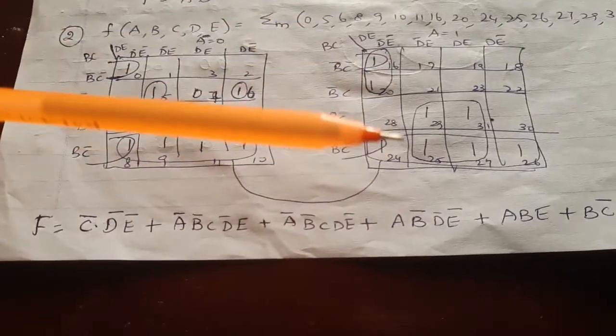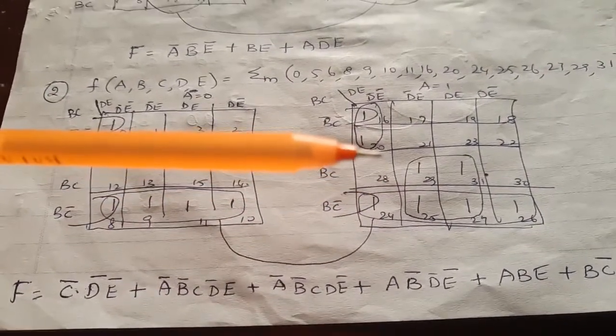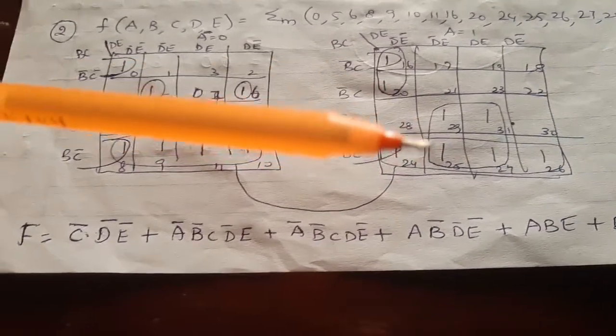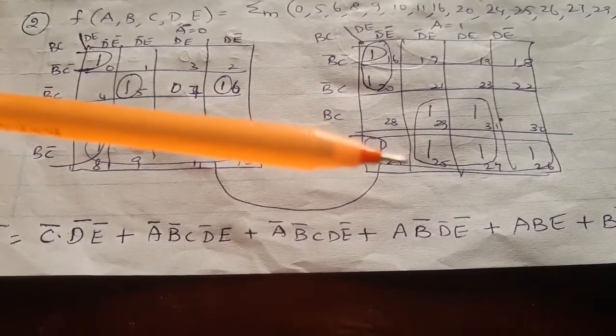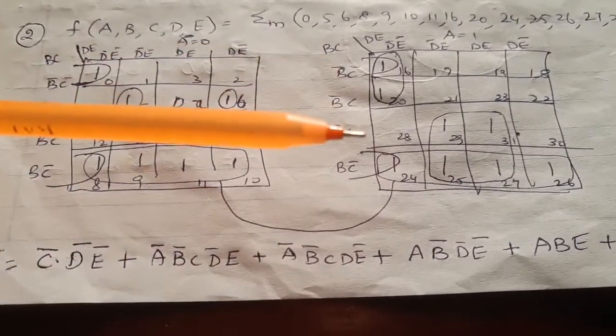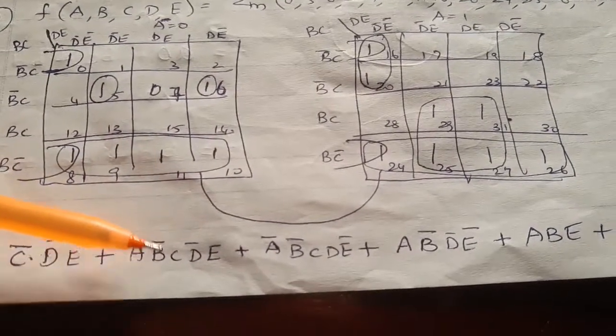Accordingly, when you move from a 2 combination to a 4 combination, a gate can be reduced. When you move from a 4 chord combination to an octet combination, again one more gate can be reduced. So that's how we try to combine to the maximum number of ones and reduce the number of gates in the final expression.